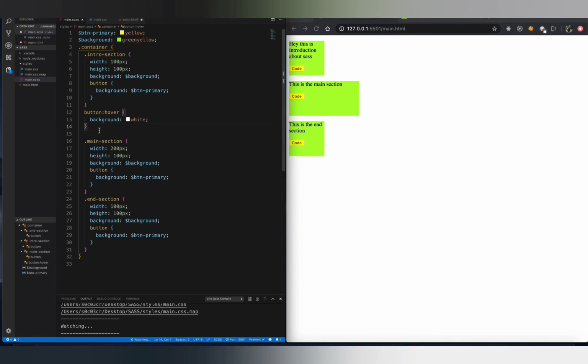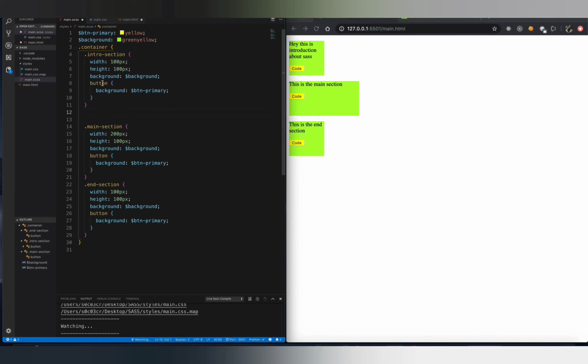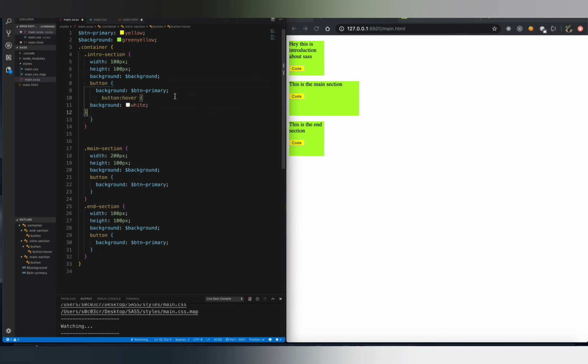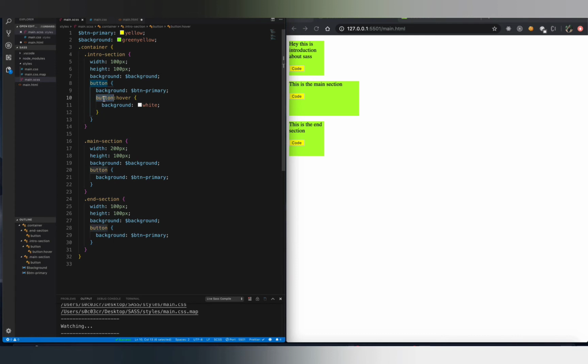So if we don't want to do that and we already have a reference of this button, what we can do is, let me actually cut this, and we can directly place this pseudo class inside our button. So we know that we want to apply it to this button. All I want to do is copy this, and you don't need to specify button here. The syntax for that will be, you have to use an ampersand. What this means is, apply the hover pseudo class to this particular button, right? So now let's test this, and yeah, it's still working. So this is pretty much how you can apply pseudo classes.